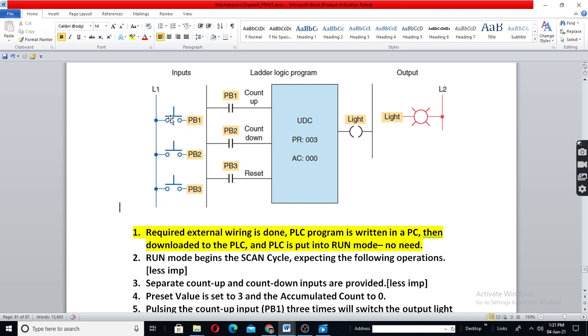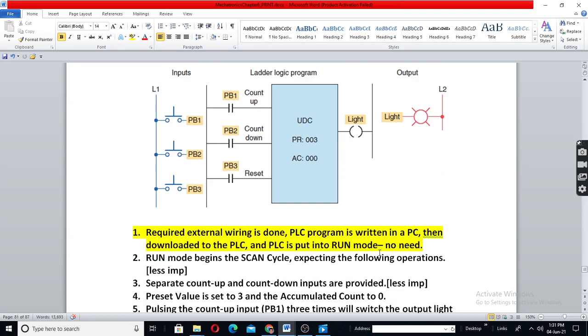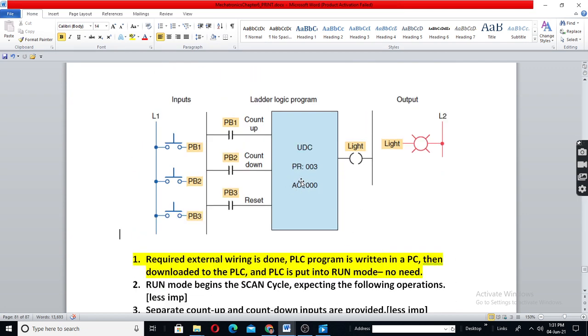When you press PB1 further say 3, accumulator will become 6. But output will be still on because accumulator is equal to or more than preset value.